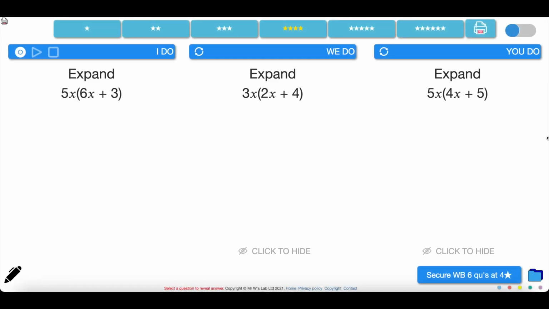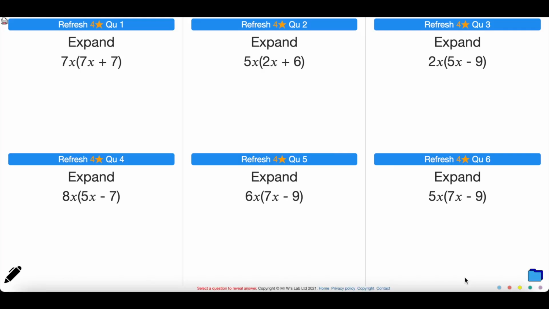So we've just completed our modelling example. In order for techniques to be cemented into long-term memory, sometimes we need to just give students a few similar questions for them to learn routines. So in the bottom right-hand corner, we have the secure whiteboard. Selecting this will produce 6 questions at the same level that you are currently working at for students to complete